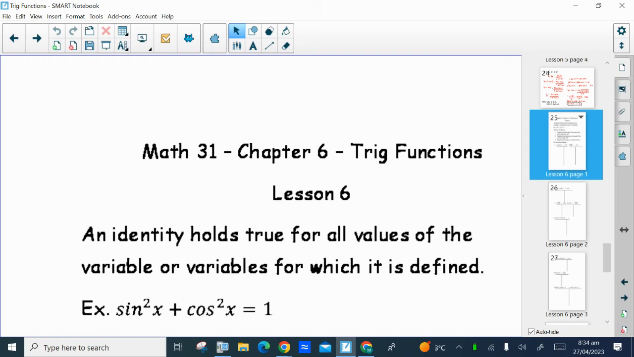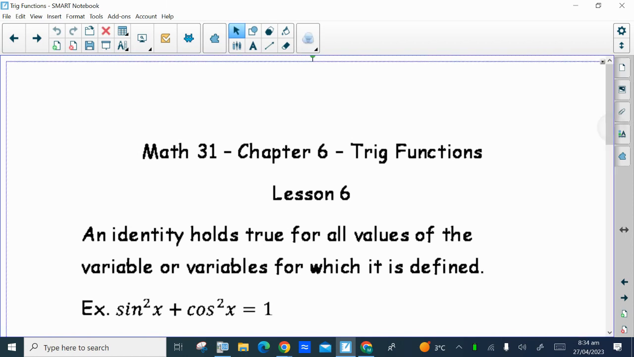All right, so you had so much fun in 30-1 proving trig identities. We're going to do some more. Lesson 6. I love starting in one of